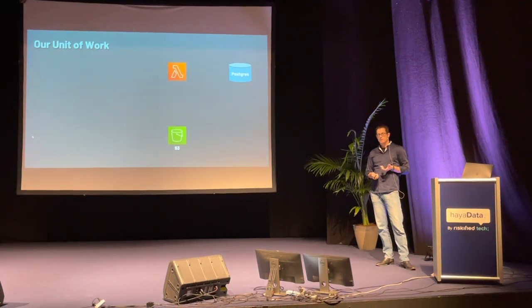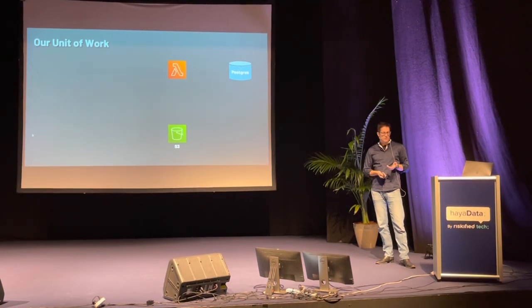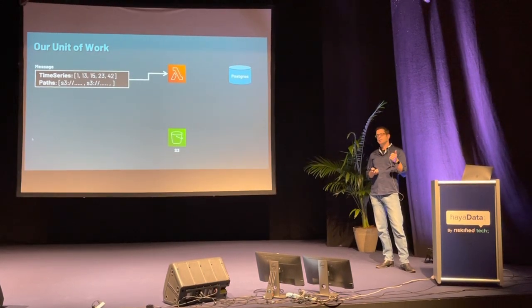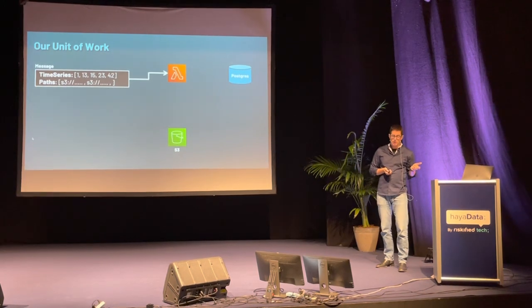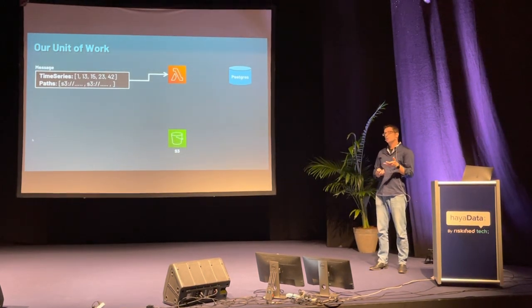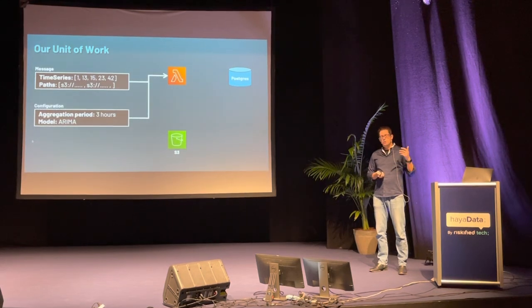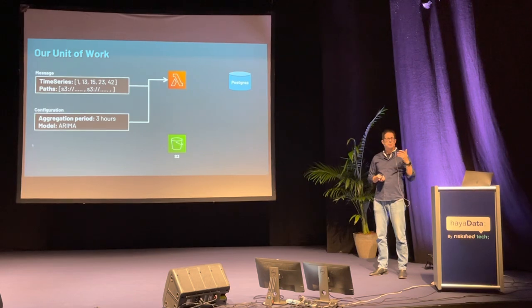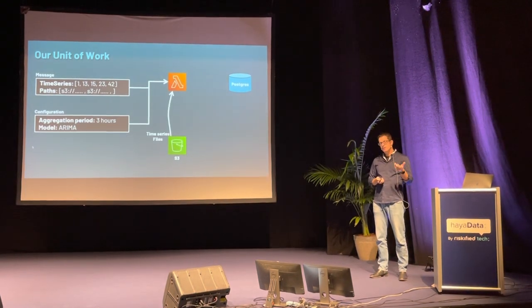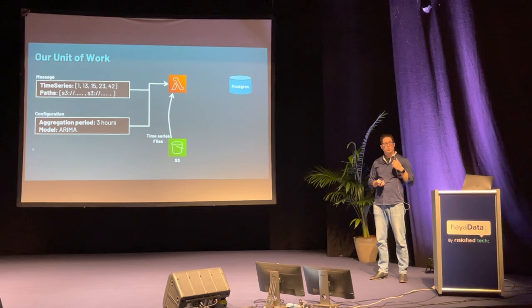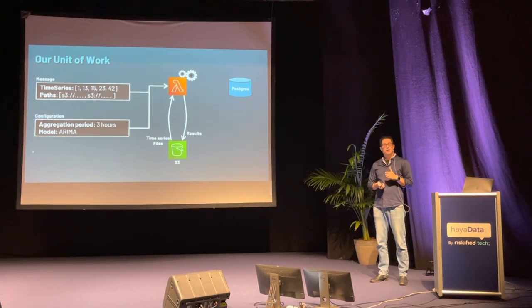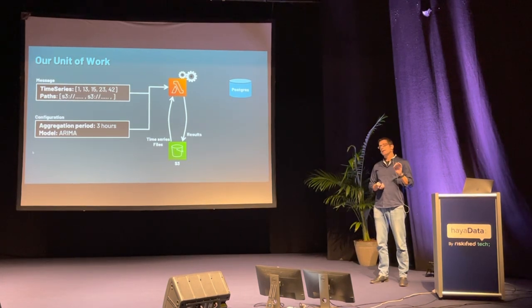If you look at a work unit, so basically one of these Lambda workers picks up a message. The message has a list of time series it needs to work on. It has the paths to where the data resides on S3. It reads some config that tells it what to do, maybe to aggregate the data over some period of time, and which model to run. It reads the files from S3 with the old data, adds the new data, runs the predictions, saves the results back, and only if it has anomalies would it store them in a PostgreSQL DB.